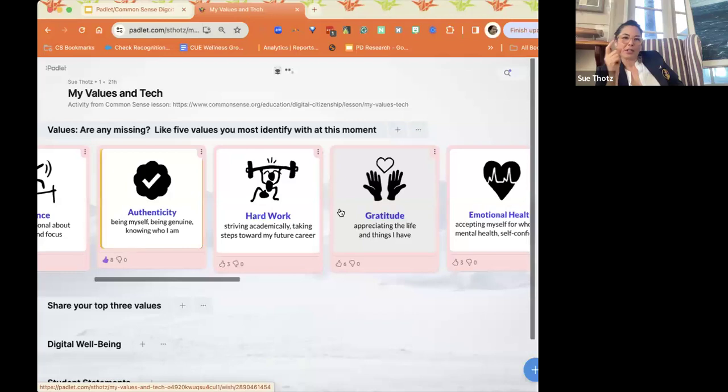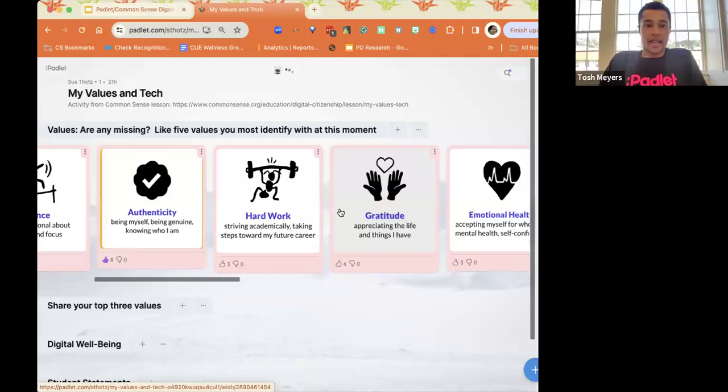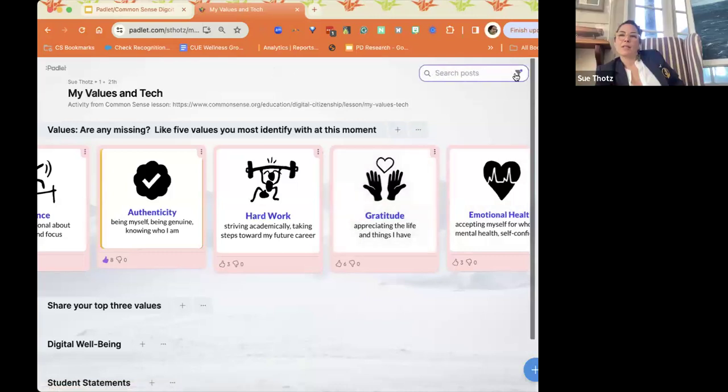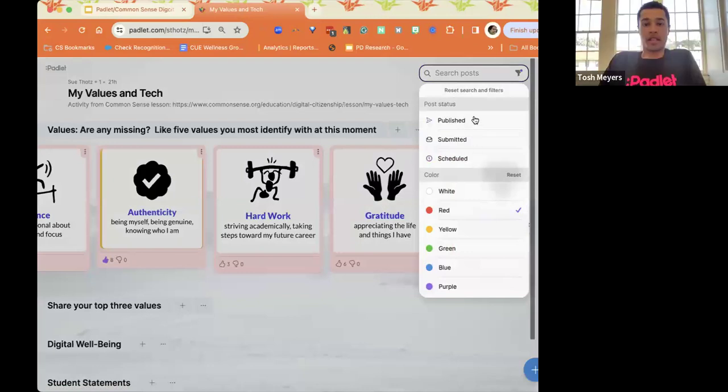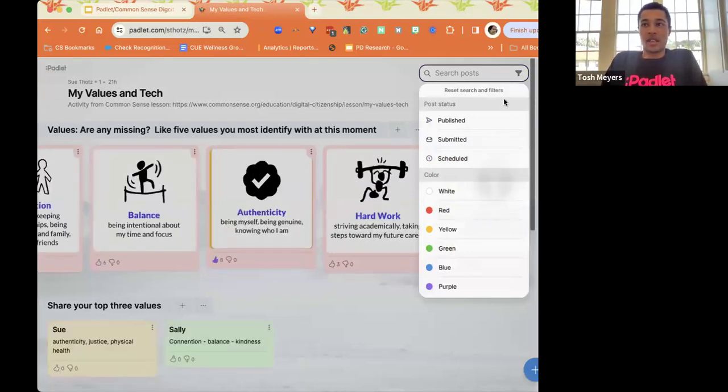Isn't there a way that I can do this? Can't I show which ones are most popular? Yes, you can if you sort your posts. I believe I can sort my posts. So right now you're actually in the post filter section, but if you go out of this